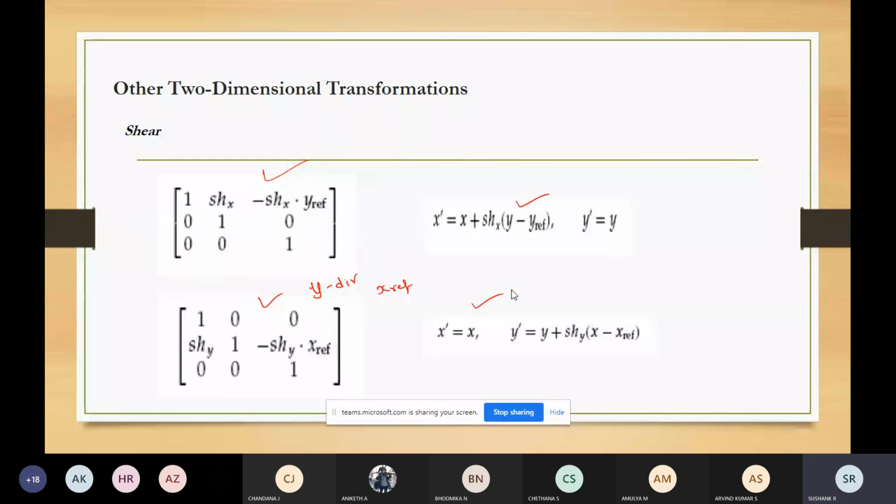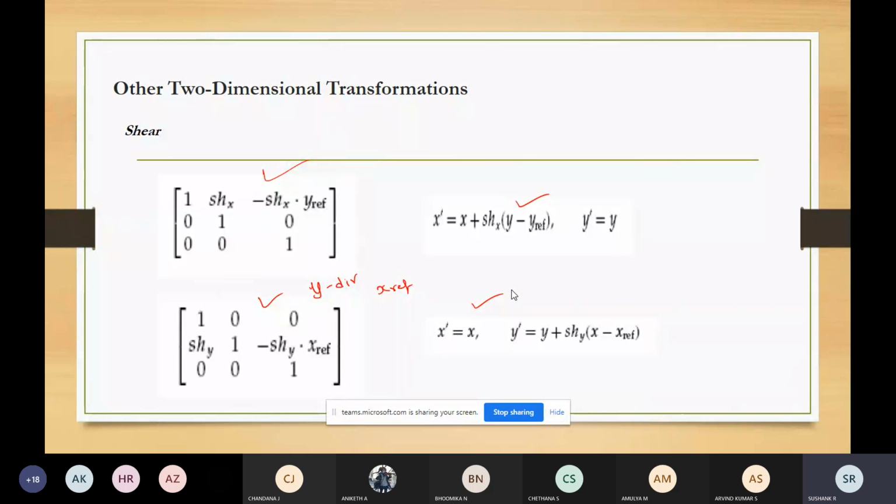So these are the other 2D transformations. This is also important. We have a total of 5 transformations. The basic transformations are translation, rotation, and scaling, and the other transformations are reflection and shearing. Some packages support only the basic ones, and some computer graphics systems like OpenGL will support these two also, reflection and shearing. So we have covered the basic 2D transformations and other 2D transformations.